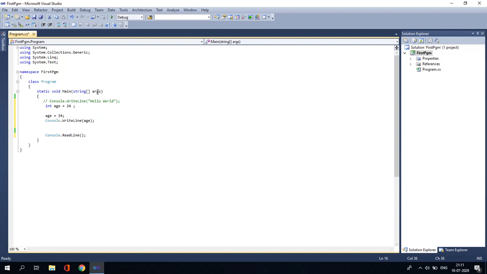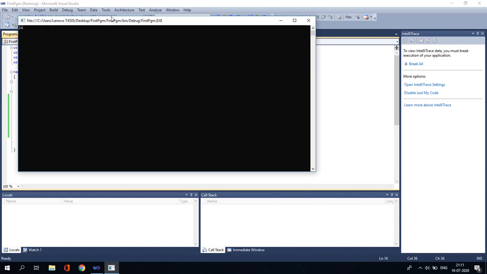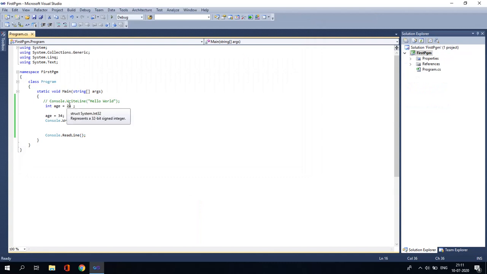So it is 34 that will be displayed. Yes, so you can see in the output window 34 is being represented. That indicates 24 is the previous value which is being overwritten by the next value, 34. Here the value of age is being changed from 24 to 34.